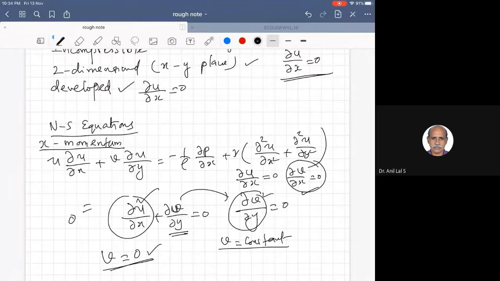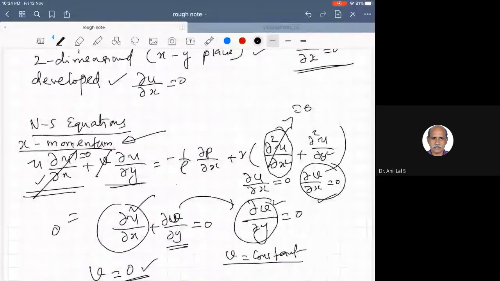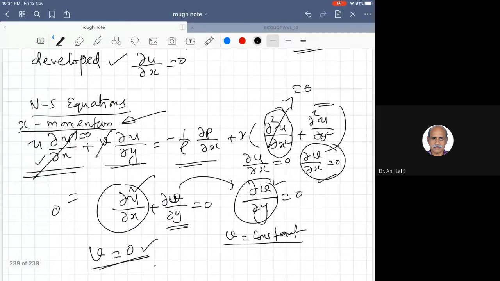Now we look at the x momentum equation, and this term becomes equal to 0 because dou u by dou x is equal to 0, developed. And consequent to that, we have v equal to 0, so this term is equal to 0. And as far as this term is concerned, dou u by dou x is equal to 0 everywhere, so dou squared u by dou x squared is also equal to 0. So we cannot say anything about this, and anything about this, we don't know. So the x momentum equation therefore becomes